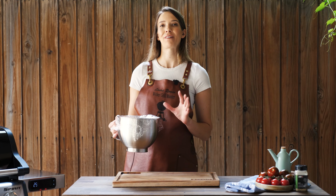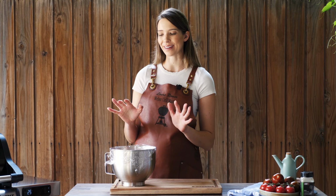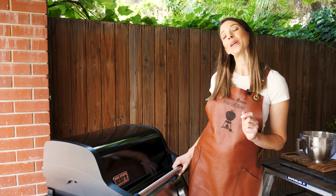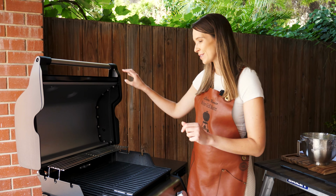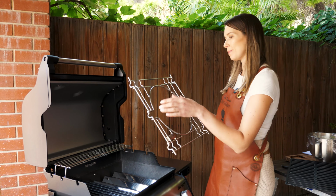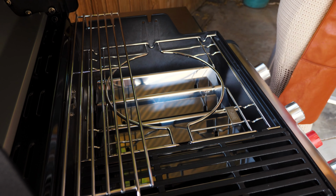I have made a batch of our favorite pizza dough that you can find on our website. If you're short on time, you can use pre-made bases, but this is the best way. To transform our barbecue into a pizza oven, we are using the Weber Crafted Outdoor Cooking Kitchen Collection Pizza Stone. First, what we need to do is just remove the cooking grill on the right-hand side. We can insert this frame piece, pop that in. Now we can go in with our glazed pizza stone